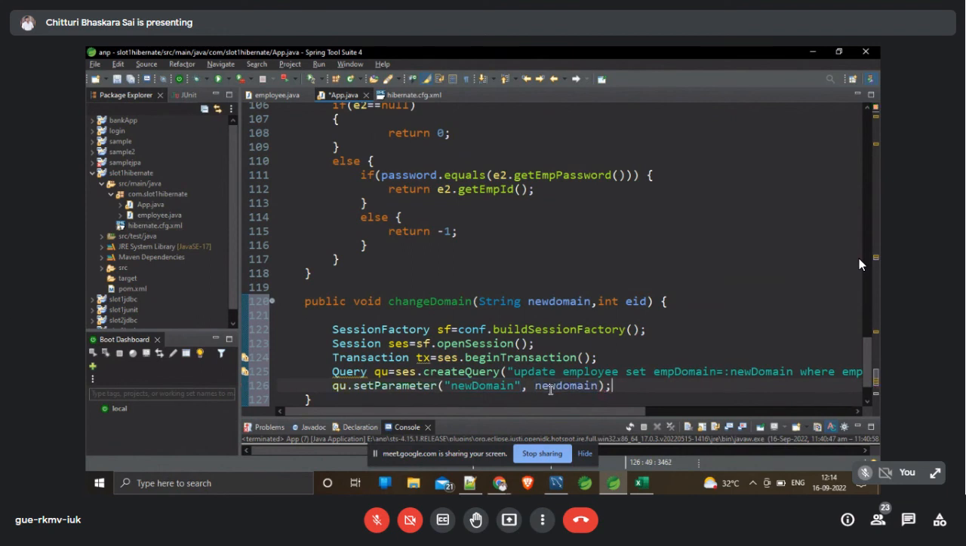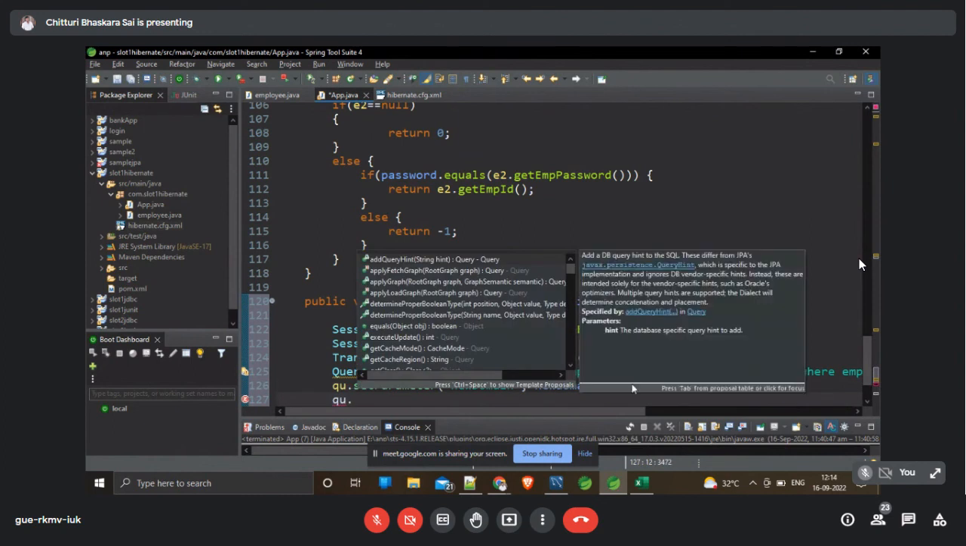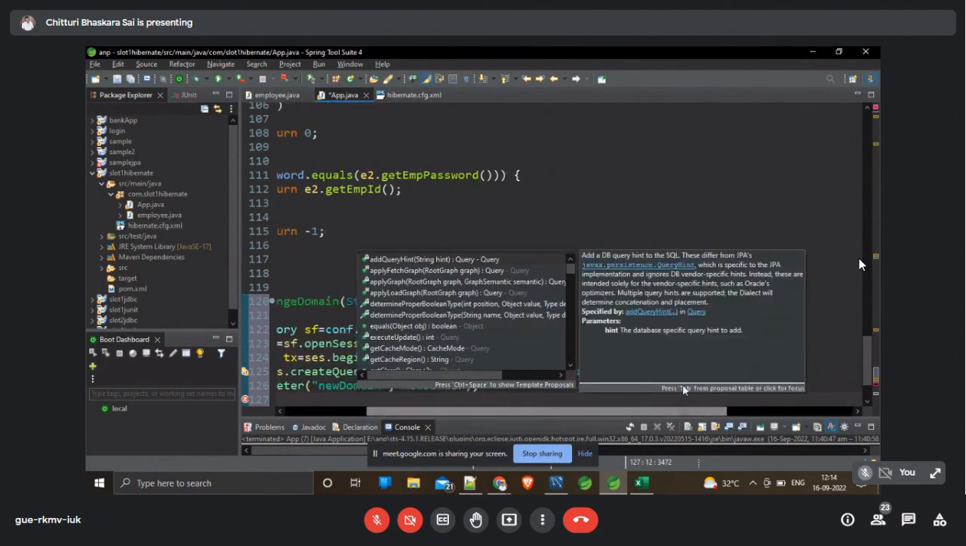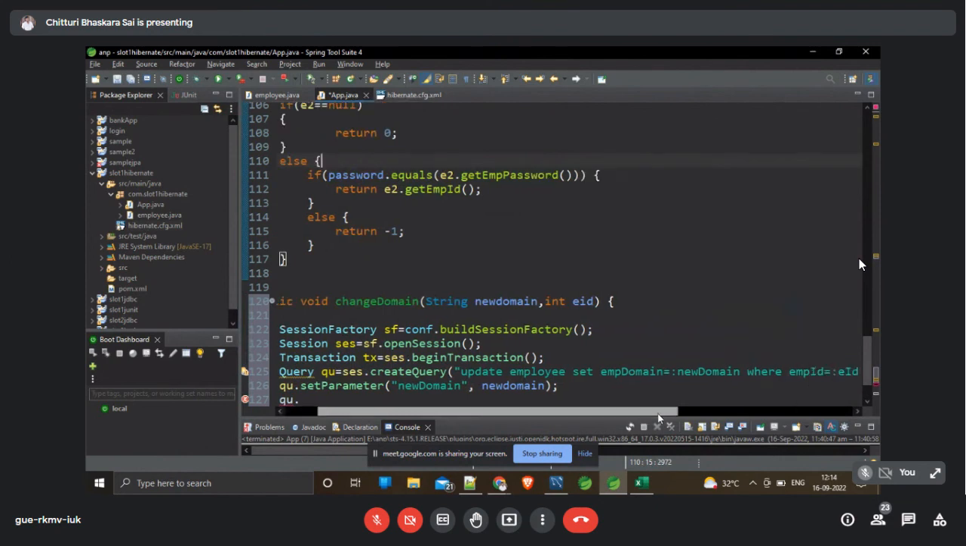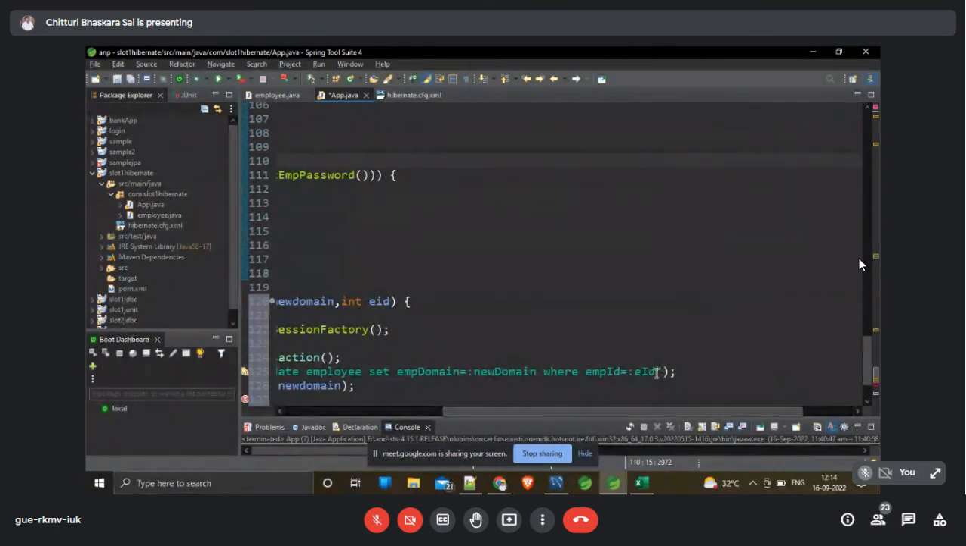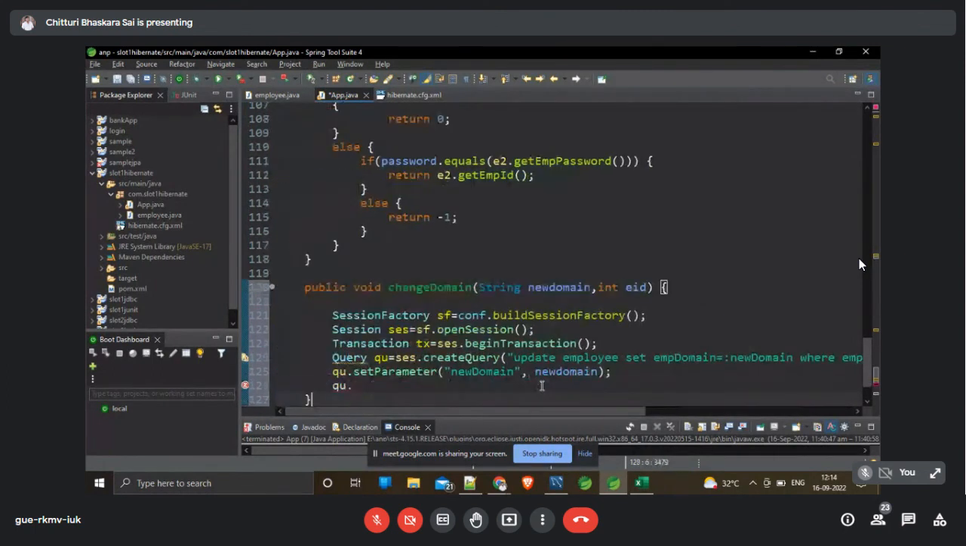Okay, so we are setting the parameters. Again, we have to set the new, second parameter, which is employee ID. Here in the employee ID, I mentioned EID, right? So in the place of this EID, we have to set the user given ID. So that's why set parameter,